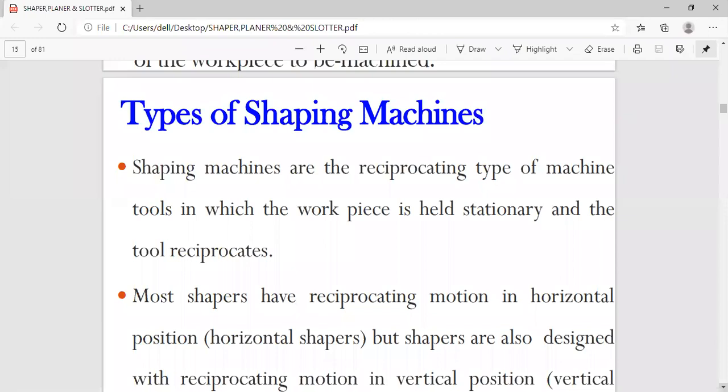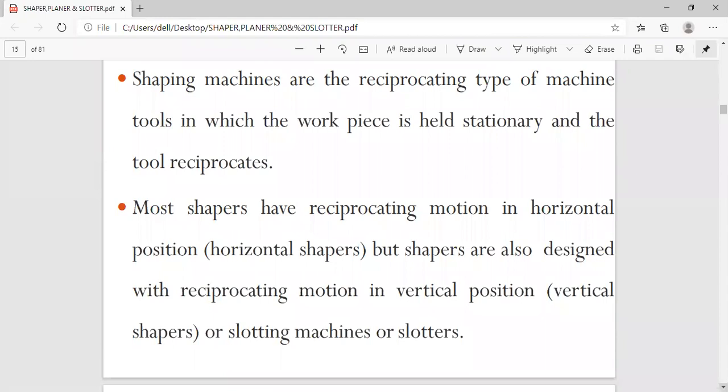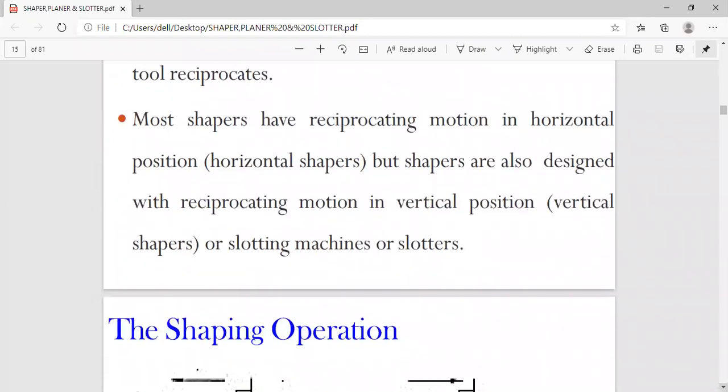Most designs are horizontal, though the reciprocating motion can be in a vertical position, but mostly we come across the horizontal type in machine shops. For medium size, different industries can have the vertical type also, or slotting machines. Slotting machines are mostly the vertical type, or slotters.